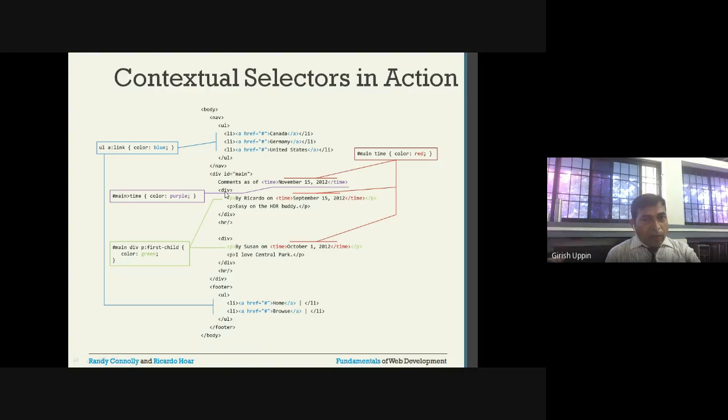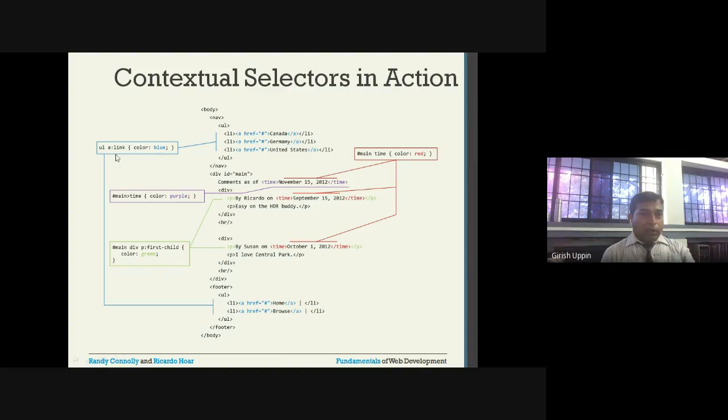Inside there is a div and the first child. If you see, in the div there are two p's. This rule applies only to this particular text, by Ricardo on. This will be shown as green. Similarly, inside the main I have div, and inside that the first child p will be applied with a green color. I hope you understood.